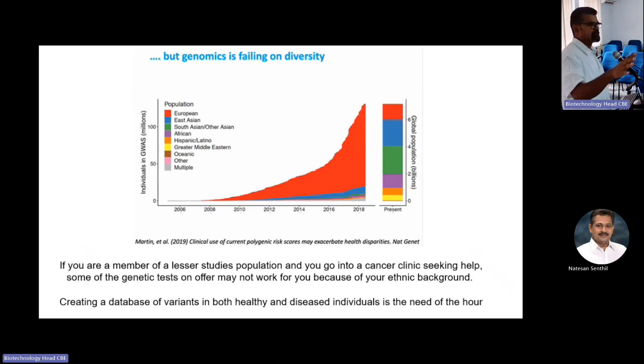not much study has been done at the genomic level. Mostly it has been concentrated on Europeans and East Asians. In South Asia, India is not given importance, but other countries, African populations, have been studied well, right? The Hispanic and Latino populations have been studied well. So, to overcome this, because creating a database of variants in both healthy and diseased individuals is the need